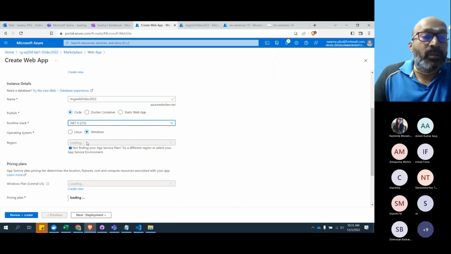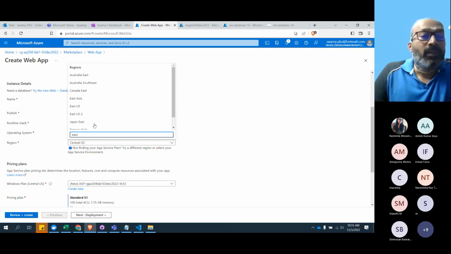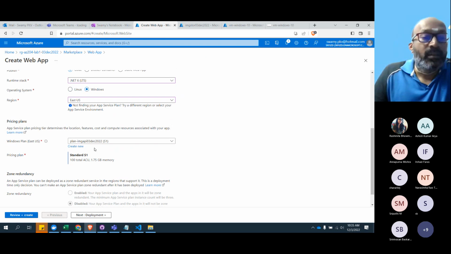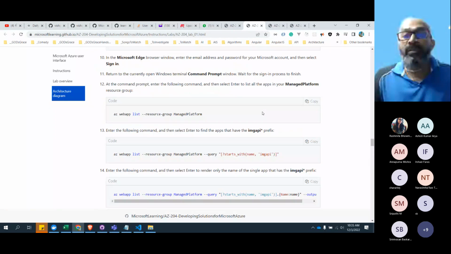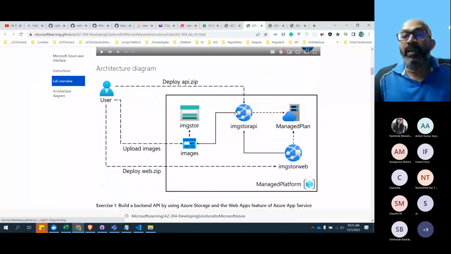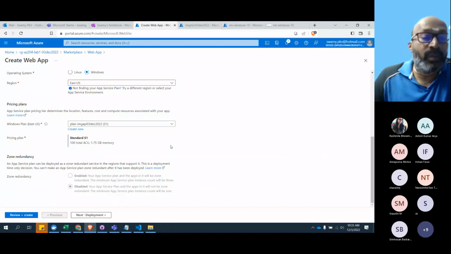So now we can blindly go and create it. We know what it is, and it selected the same plan because we want both the apps to share. You can see in this architectural diagram, the same app service plan has been shared by 2 web applications. So that's what we are also doing.